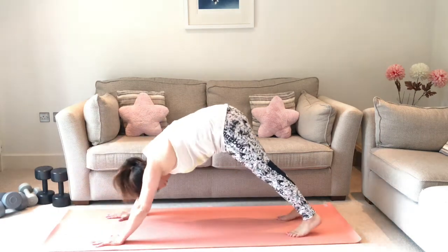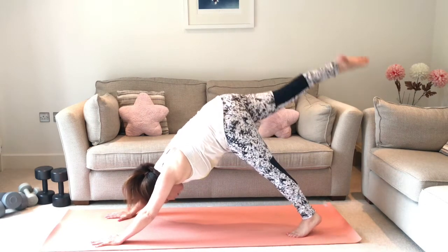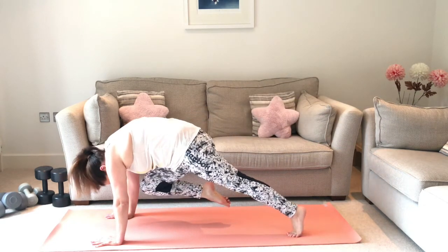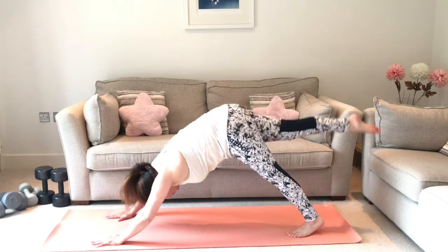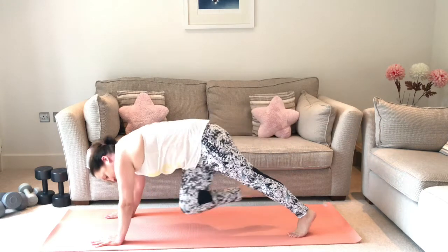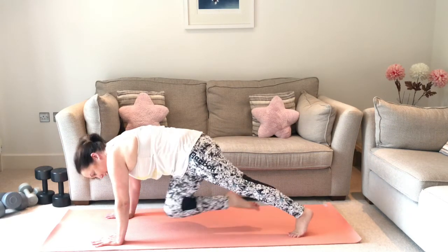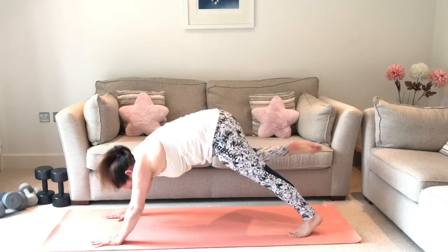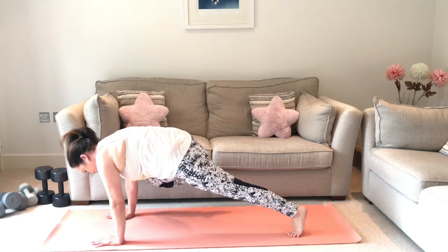downward dog, and then from here you're going to take your back foot up in the air, and then you're going to bring it forwards, nose towards your knee, engage that core, take it back up into the air, single leg downward dog. This time knee comes across to the opposite elbow, hold that, take it back up, bring it forwards again, this time to the same elbow, round to the side,